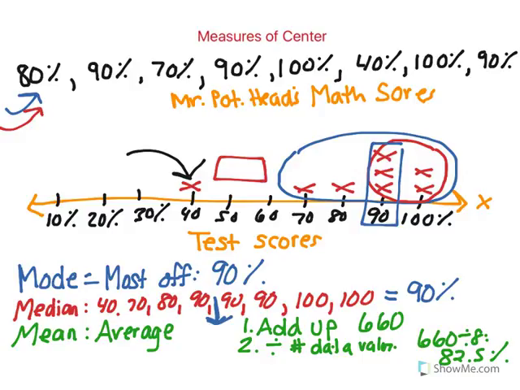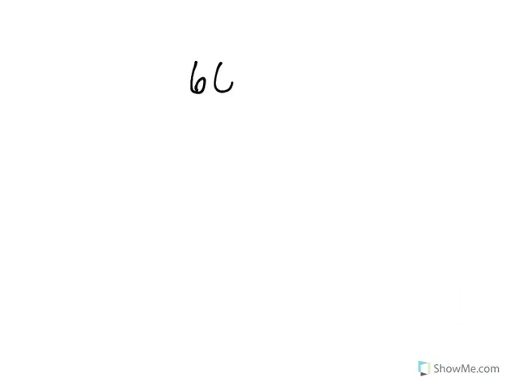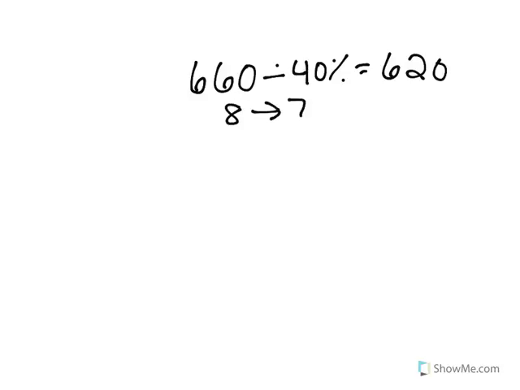That 40% really brought his average down, which is not great. However, I wouldn't say that the 40% is typical of what Mr. Potato Head does. So that's why we said that although we use averaging in schools, it might not be the best measure of center to really show what's typical about you. Because if we changed this and we decided to say, you know what, that's not typical of him, let's take that 40% out. I wish I had a little more space here, but I don't. If we took that 40% out, it would be like taking that 660 points, taking out that 40%, which would give me 620. And now, because that 40% is gone, instead of 8 scores, we actually have gone down to 7. So if I divide that 620 by 7,